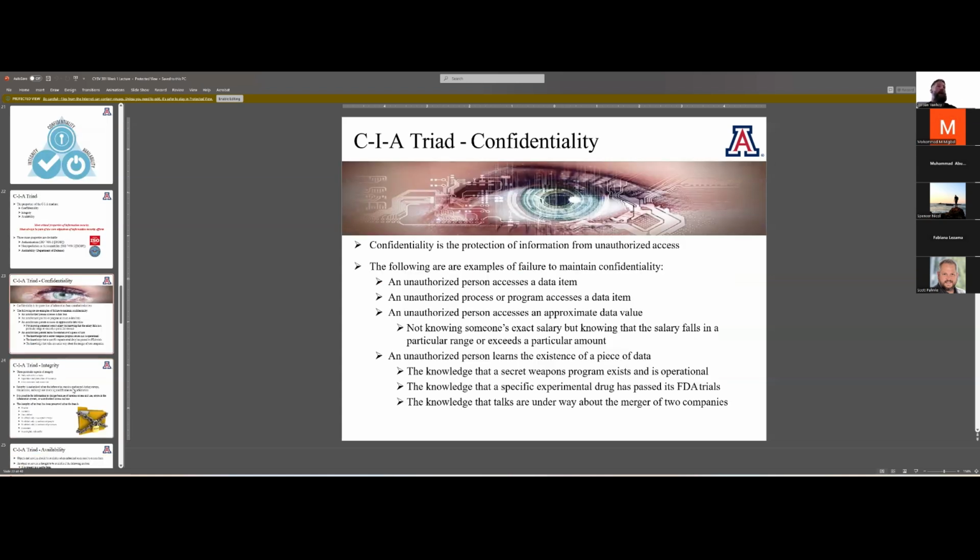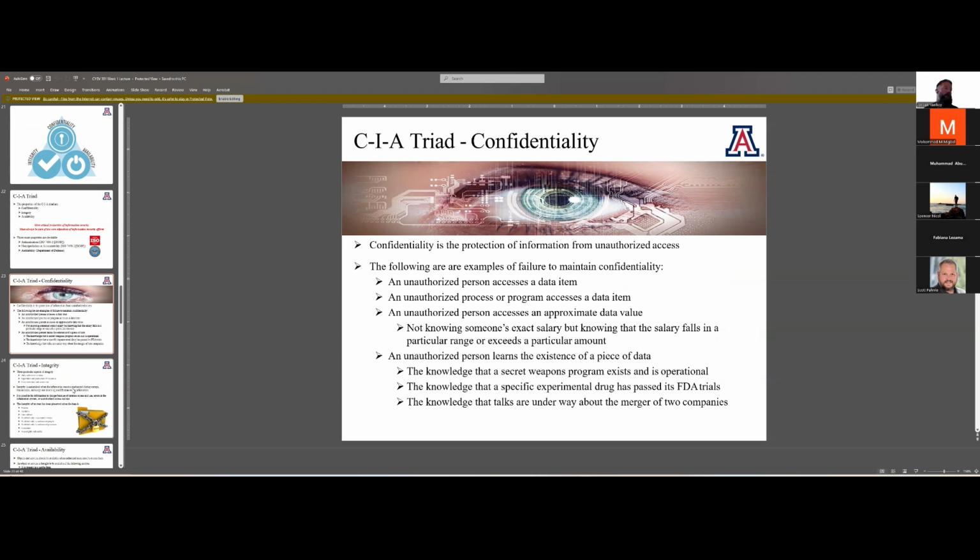So let's talk confidentiality. Confidentiality is being able to make sure that information access stays within authorized individuals only. Confidentiality is broken when an unauthorized individual is able to access or view information or environments that they are not supposed to see. This is typically going to be handled with some sort of encryption.